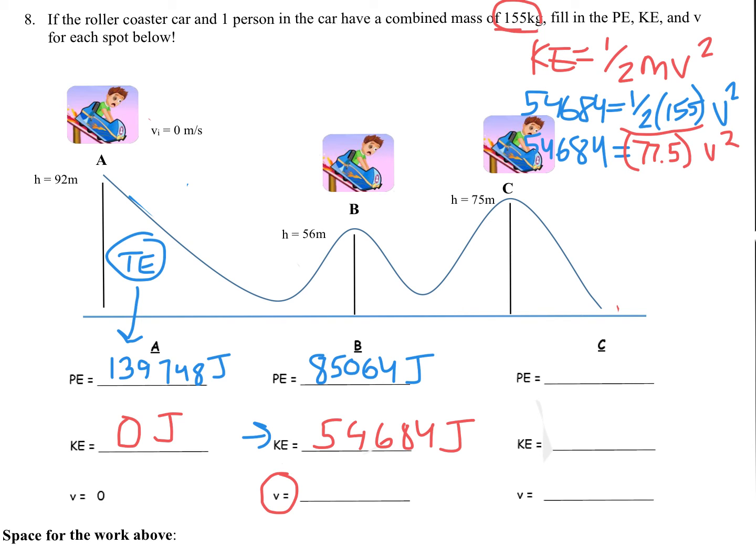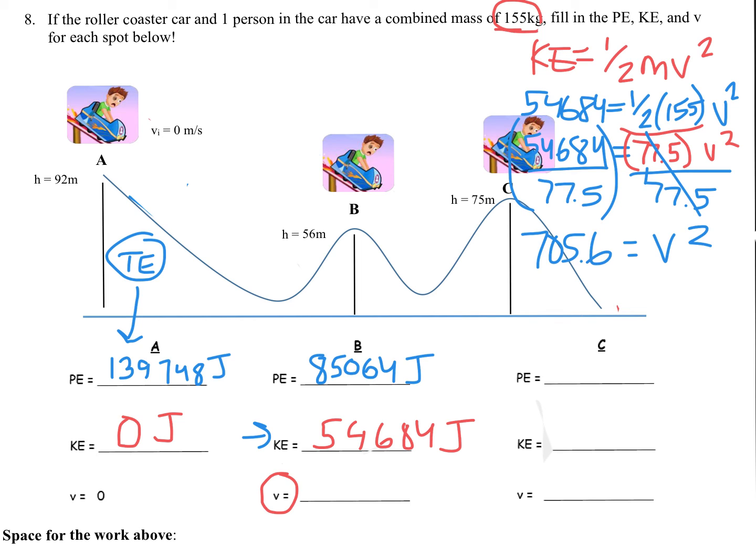As you guys know from your algebra, we need to get velocity squared by itself. So we're going to divide both sides by 77.5. When you do that, that cancels out and you're left with velocity squared. So what we're going to do is take the 54,684 divided by 77.5. And what you end up getting is about 705.6